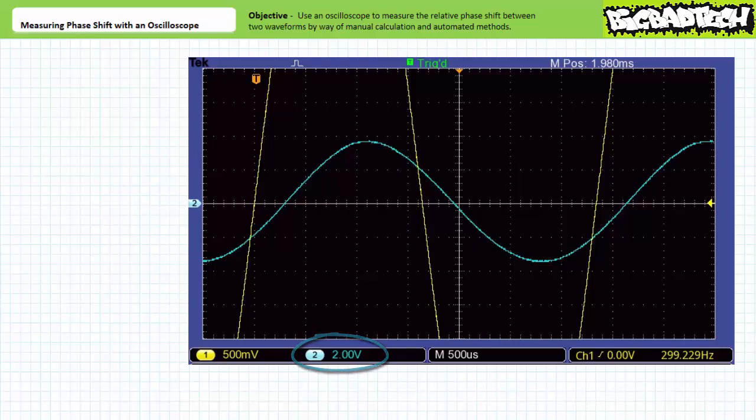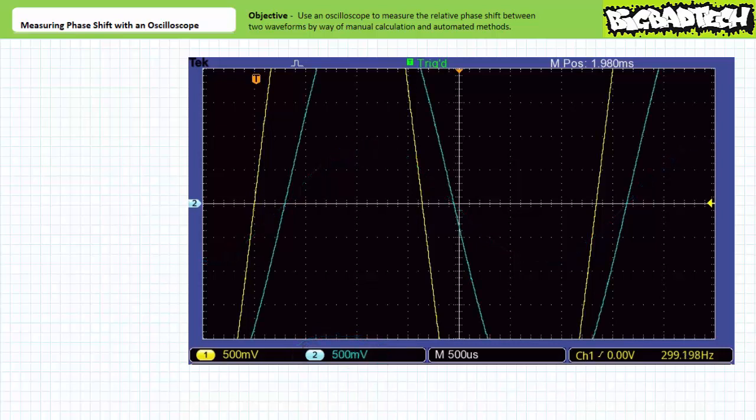2 volts per division. If we change the vertical sensitivity of channel 2 also to 500 millivolts per division, again notice the top of the second waveform in blue disappears off the display. However, the zero crossing going positive is crisper and far more recognizable. Despite the increased ease of measurement using this rescaled display, it looks like the two waveforms are still separated by 0.6 divisions. Given our horizontal sensitivity is still set to 500 microseconds per division, this still represents a phase shift